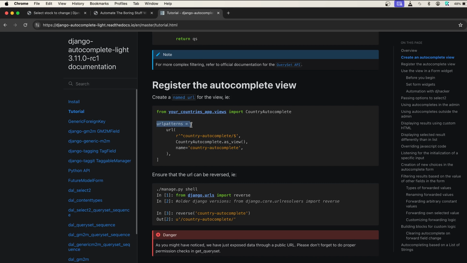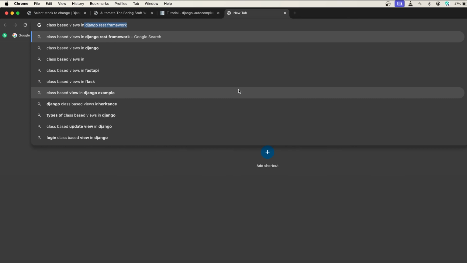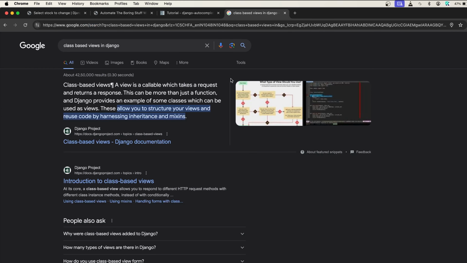See, there is this URL patterns, and they are using the class based view, right? This is their class, and this class is loading as a view. If you don't know class based views, don't worry, because the class code is already given in this documentation. So this class we are using as a view. If you want to learn more about class based views, you can look them up in Django. I don't have any courses about class based views right now, but I'll teach class based views in my